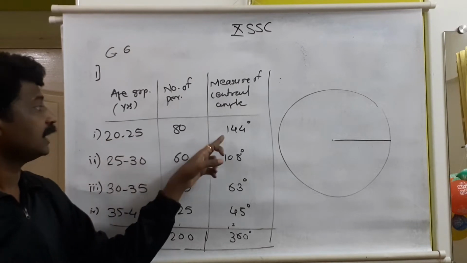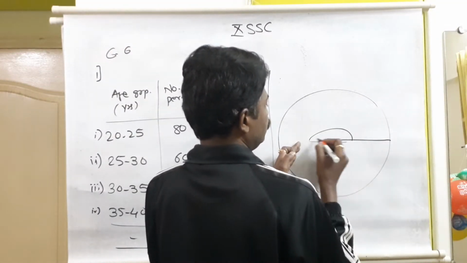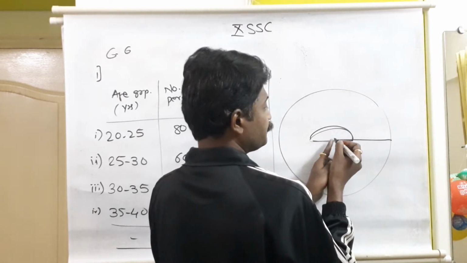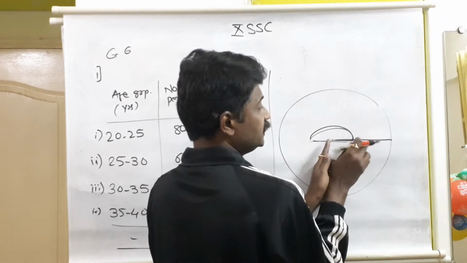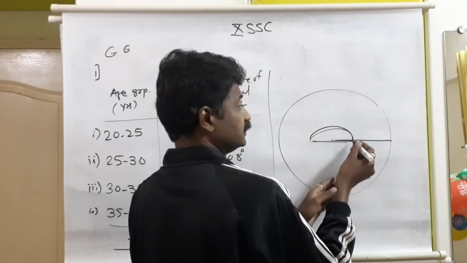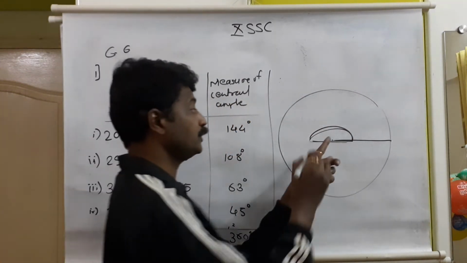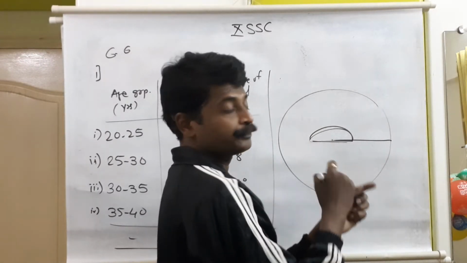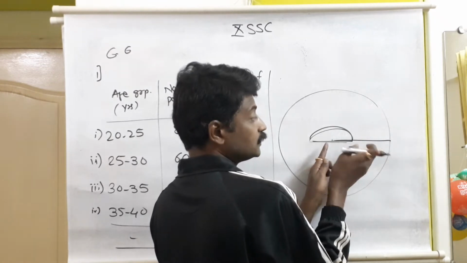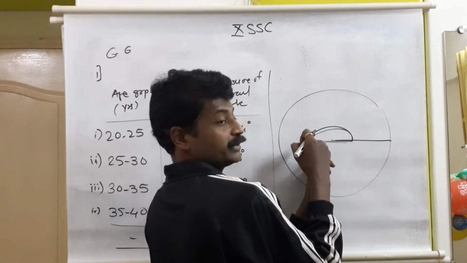For the first class, 144 degree. So the protractor will come here. See, the protractor will be here in this way. Then match the baseline of the protractor. Now another end of this radius is here. On the protractor we have zeros on both the sides, 0 to 180, 0 to 180. Many students get confused about which 0 to start from, this side or this side. See, if the point is here and the baseline is matched here, so another end of this radius is here, we need to start with this 0, not with this 0.